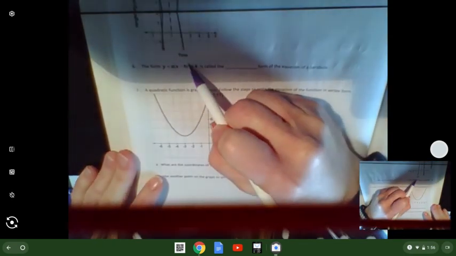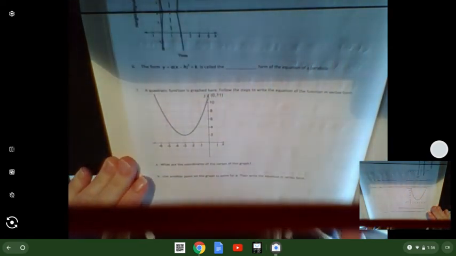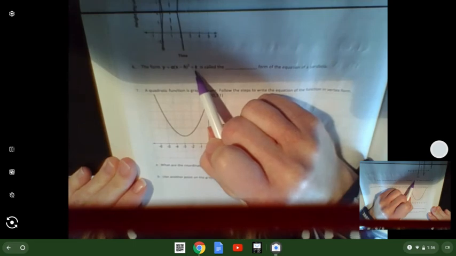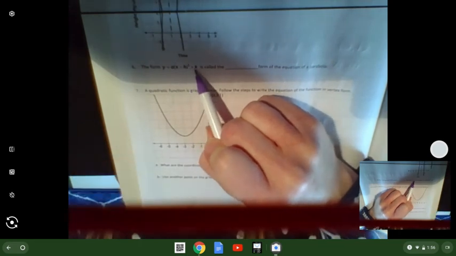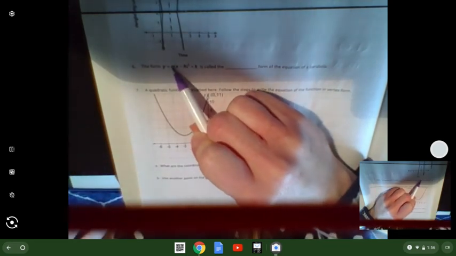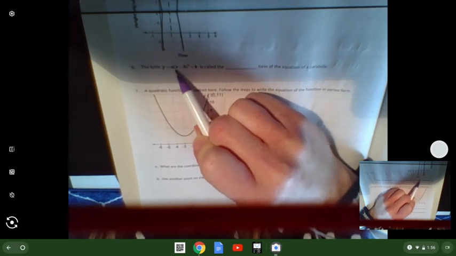Regardless if this is squared or cubed or you have absolute value in here or square roots, regardless of what it is, if you add or subtract at the end after the exponent, you're going to move up or down. If you have a number in front, that's going to be your fat, skinny, flip over. If you have a number on the inside, that's going to be your left and right always. So once you get used to it with quadratics, you're just going to keep seeing that same thing repeat